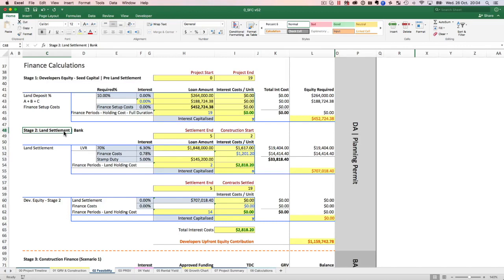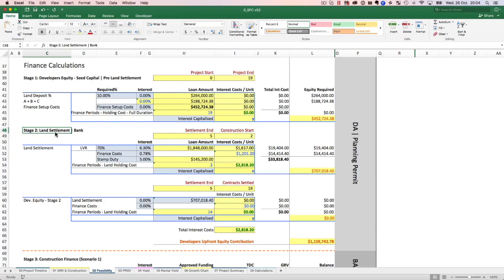You could have a deal with the bank where you already got your pre-sales, you got a really favorable settlement, and then you just go to the bank and the bank just gives you the full construction loan. In that scenario, you'll just skip this step completely because you just started construction, there are no installments, nothing. But if there is any period where you have to settle on land and the construction won't start for another 2 months, 3 months, 4 months down the track, that's the time you use this box,